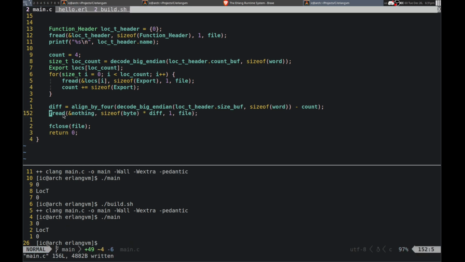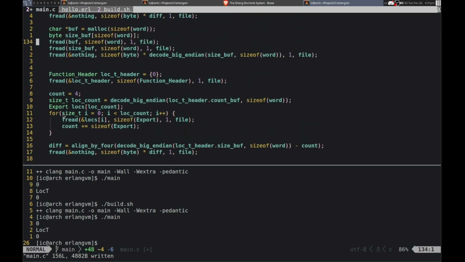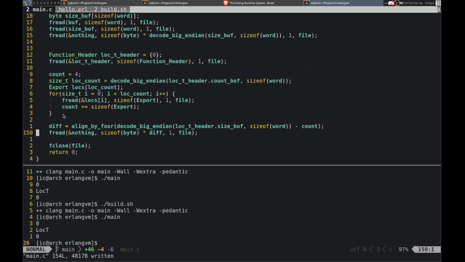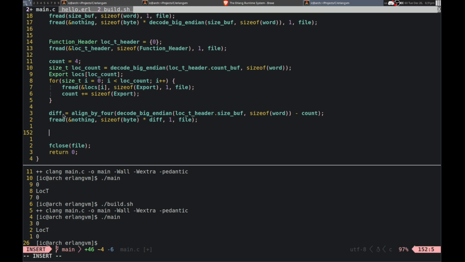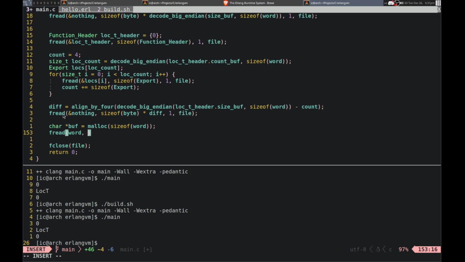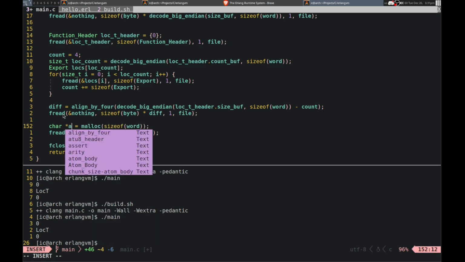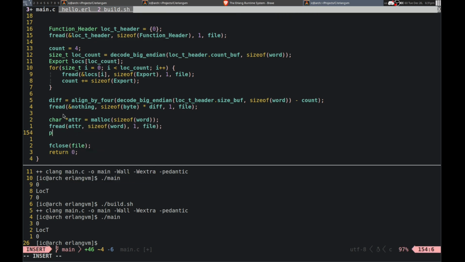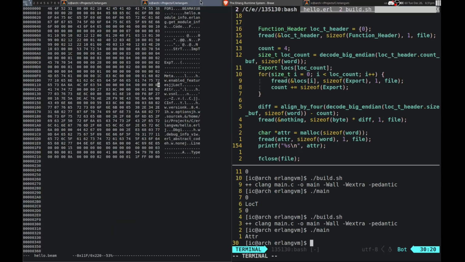And then we should be able to read the next thing. So, get rid of some of these print statements. Alright, and then I just have to read into another buffer. So this is gonna be for the attributes. Sorry, word, and it's not actually word, so that's right. It is buff. And actually I'll call this adder. Adder, and print it out, make sure it works. Okay. And adder. Perfect. So we are all the way to here now.